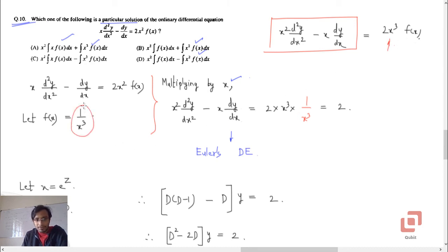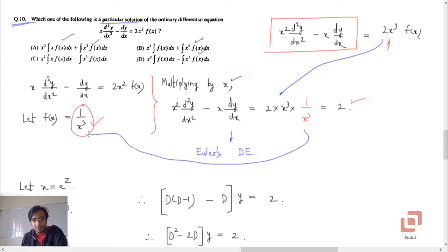Now because we have x cubed here, I chose f(x) to be 1 upon x cubed. There is absolutely no restriction in choosing f(x), because this applies to any integrable function, and we very well know that 1 upon x cubed is integrable, excluding 0, but let's just skip that. So if we take f(x) as 1 upon x cubed, then we get x cubed d²y/dx² minus x dy/dx equals 2. We had got 2x cubed already by multiplying the differential equation by x, but because we chose f(x) to be 1 over x cubed, it just became 2, and this is always a very easy thing to integrate.